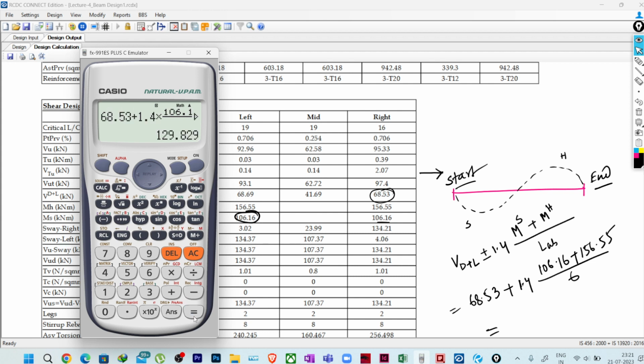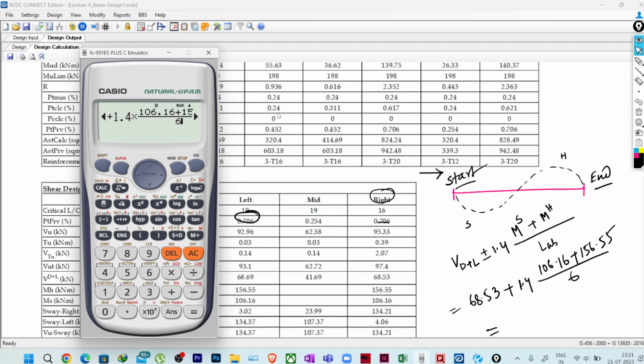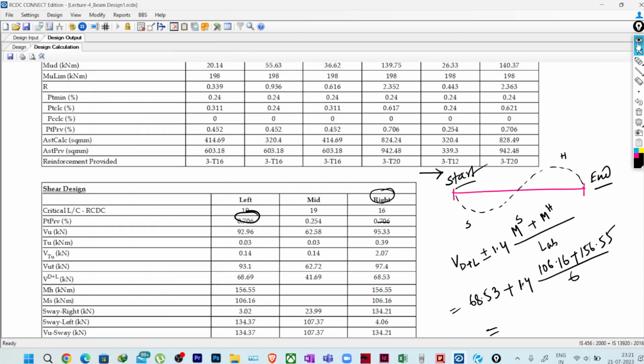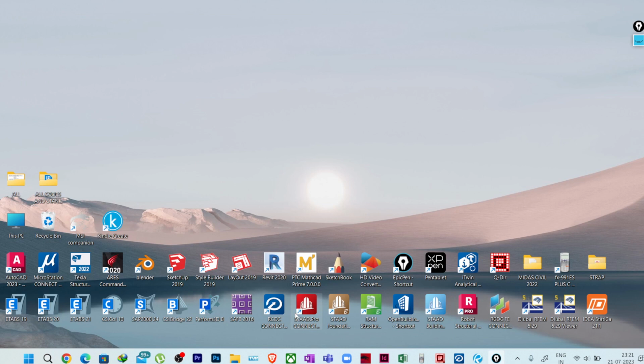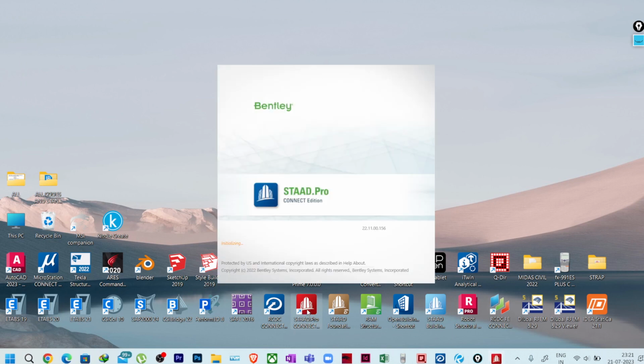We are getting 129. Okay, I think it is considering C_Aspan. Now, I didn't remember what was the column size I have taken. Most probably it is considering the C_Aspan actually. I don't have the data for C_Aspan. Let me check what was the C_Aspan. Let me open the model,